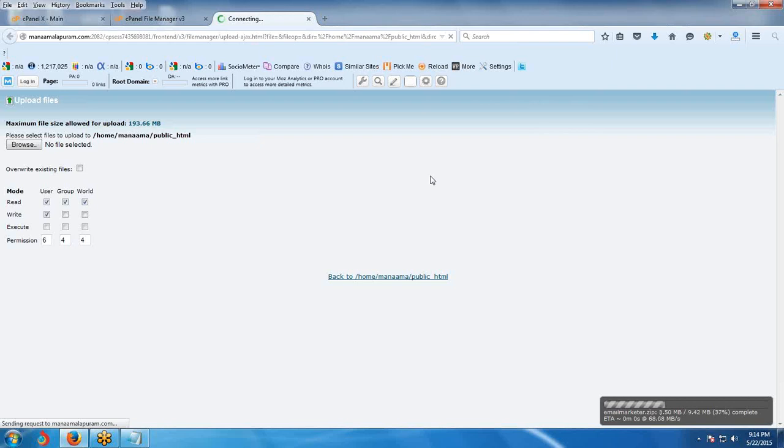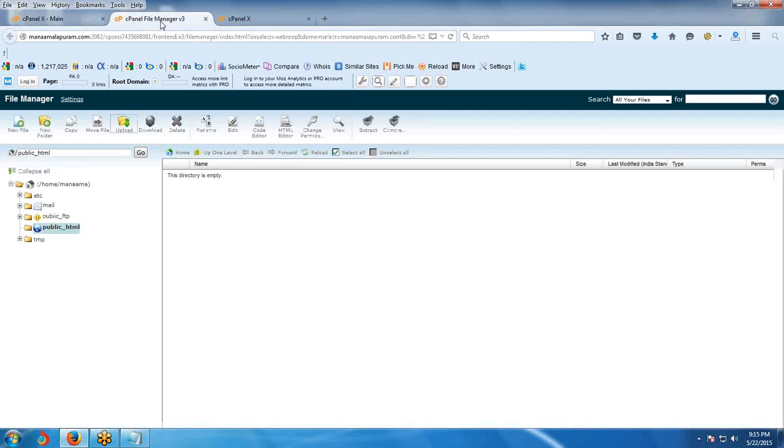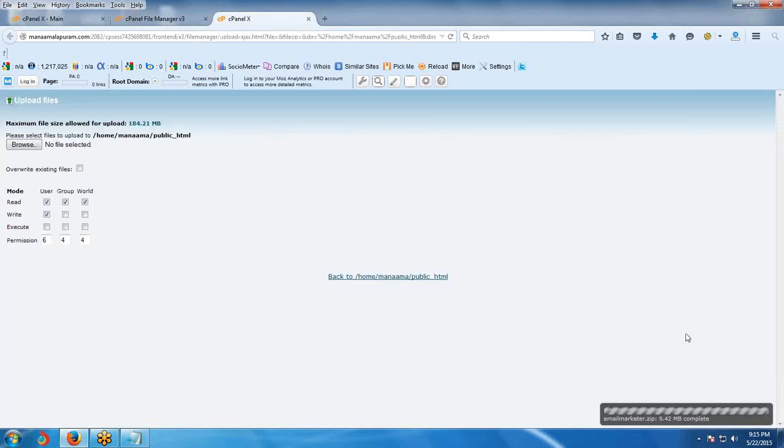Show in folder. Email marketer, yes, that is email marketer only. In this email marketer, do I run a setup file or something? No, actually, that is the zip folder, right? Yes. Now I am uploading the zip file only.